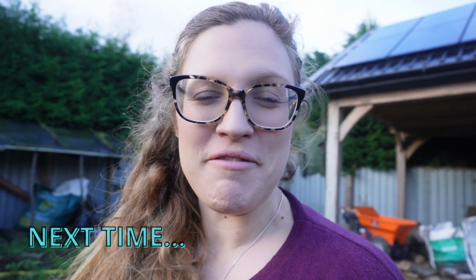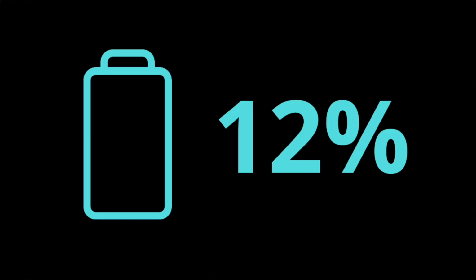Right, so we have really reached a make or break point in this challenge. We're down to 12% batteries and it's predicted to be cloud all day today. We have one ace up our sleeve left,